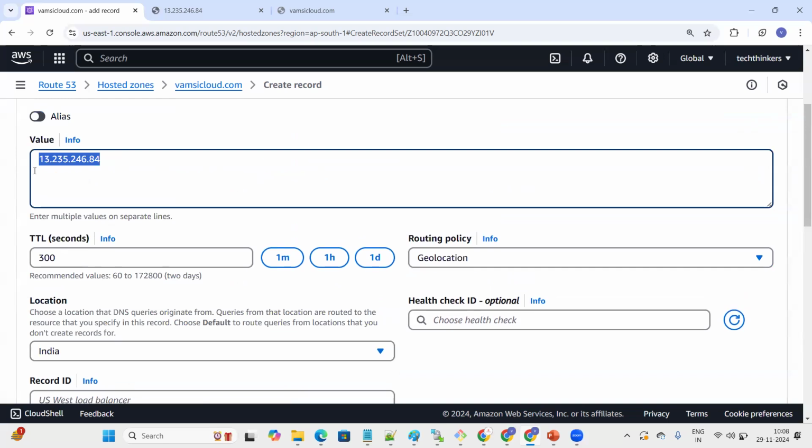You know how to create a record. Now you understood what a record is here. What is a record in Route 53? We will be creating a record based on the routing policy. Either we can create